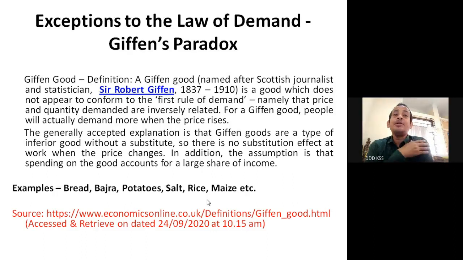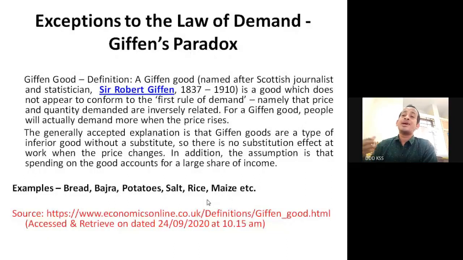Okay, now examples like bread, bajra, potatoes, salt, rice, maize, etc. These we can consider as inferior goods. Now think that if the price of rice increases, we cannot reduce the consumption of rice. We need to consume as we are consuming. So when the price of rice or salt or potatoes increases, demand may also increase